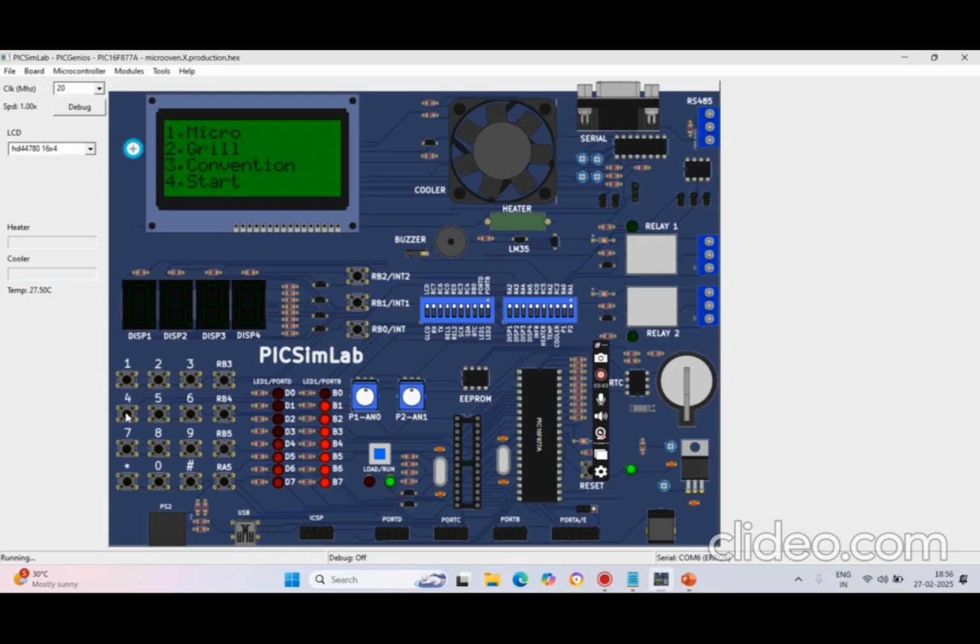Next, the fourth option is 4. When I press 4, it starts from 30 seconds. If I click 4 again, it increments by 30 seconds. If I click 4, it increments by 30 seconds. I can pause this. Next I can start, resume. Okay, stop this. These things I have implemented, and thank you, because I feel happy that I have ended this